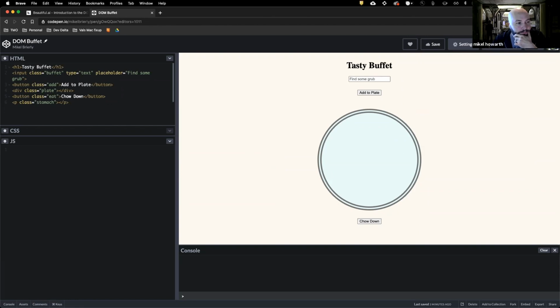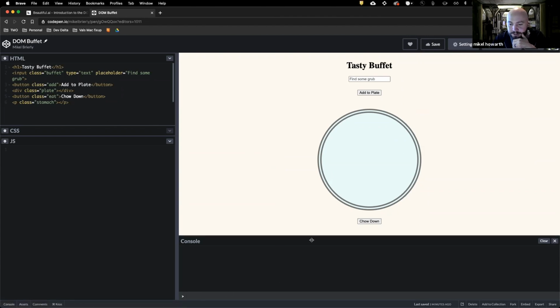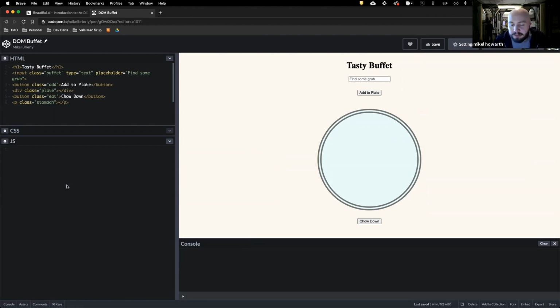Great. Okay. So we are going to write our first line of JavaScript in here, and we're actually going to do it directly in the console. So this isn't going to be saved to our file, but we're just going to write some JavaScript in here to see what happens and see how we can potentially access our HTML. So what we're going to write is document,